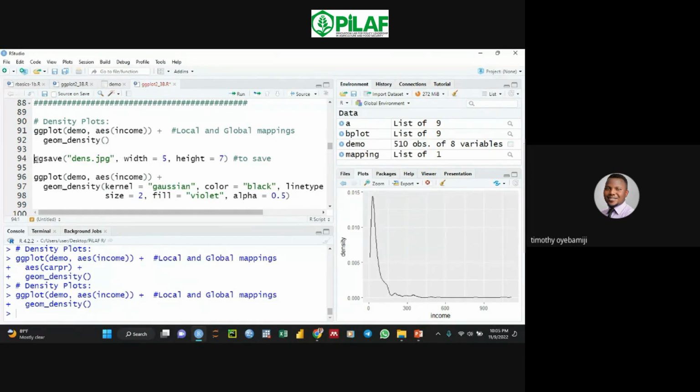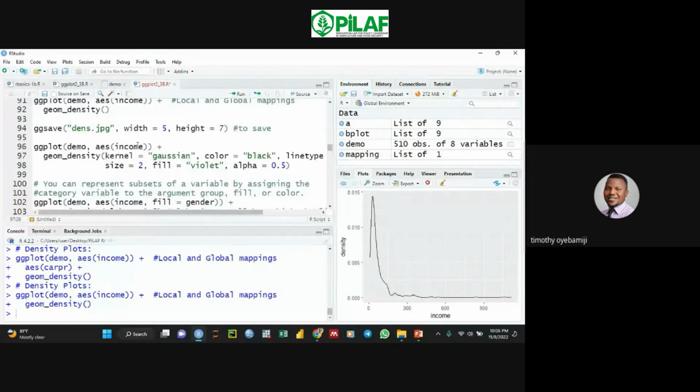Again, I can save this, because I'm not specifying the name. This chart is not assigned to any name. So to save it, I'll just use ggsave and dense.jpg, height, blah blah blah. So it's going to know that the last plot that was plotted should be saved. All right. Now to add color and some other things to your density plots,